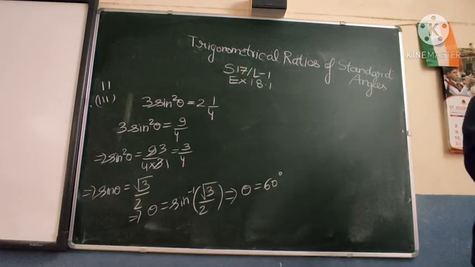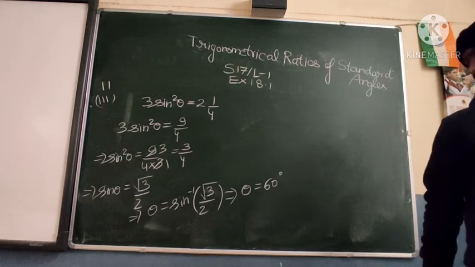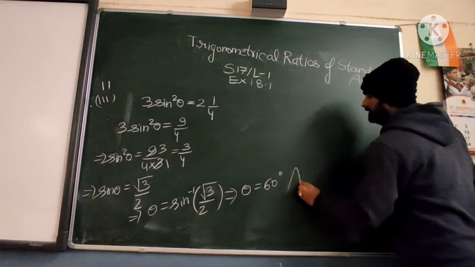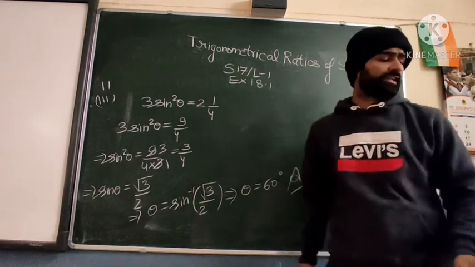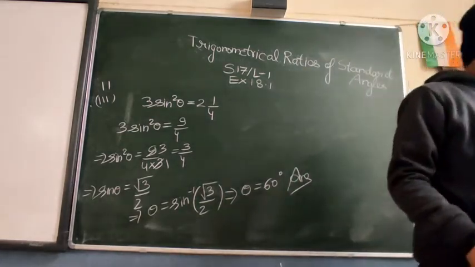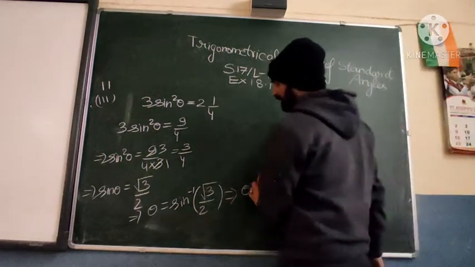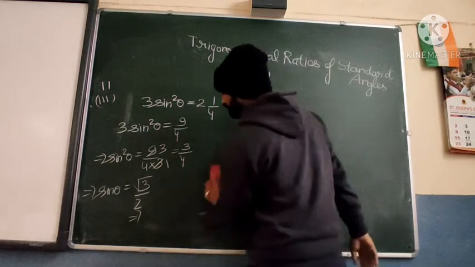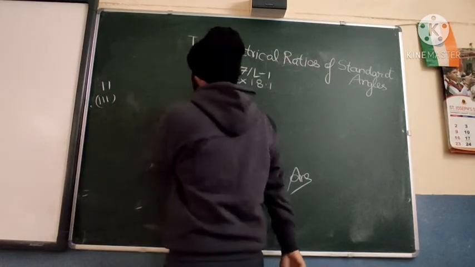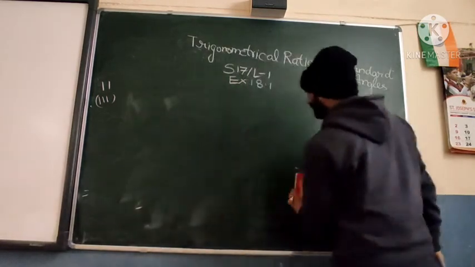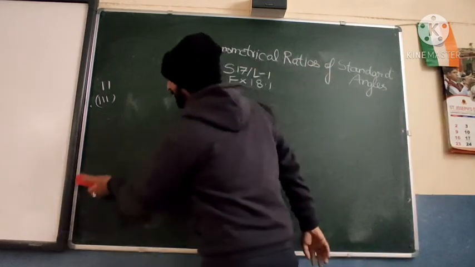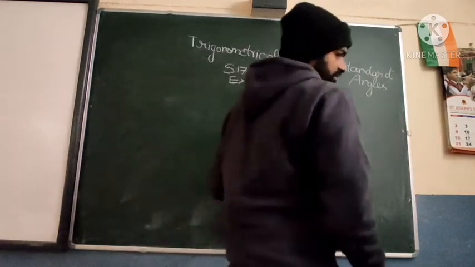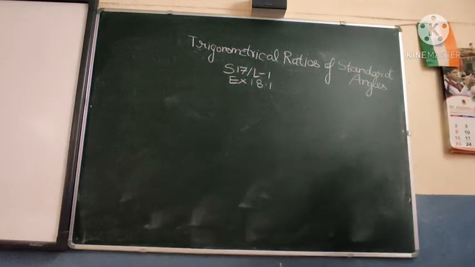Let us see what answer they are giving. Yes, 60 degree only, that is the answer. So you can see that this exercise is really easy and we are doing numerous questions in very less time. Theta is an acute angle, so this way you proceed here. Do not have much worries. I have done transposition and with the help of the table you can do a lot of questions. Let's take one more question.